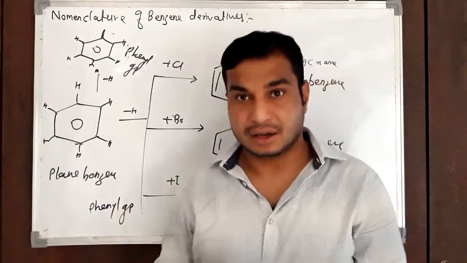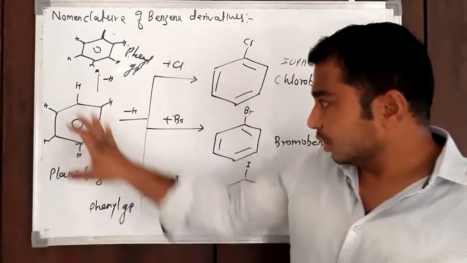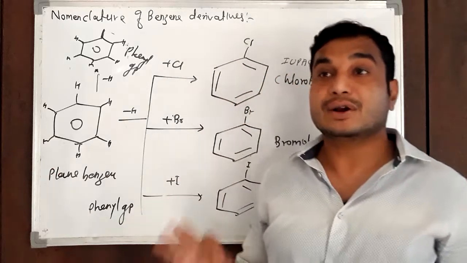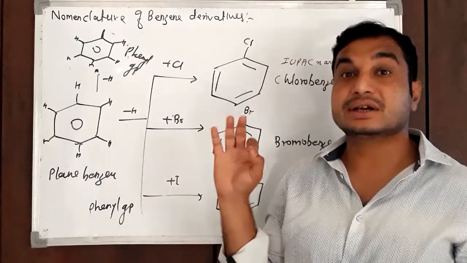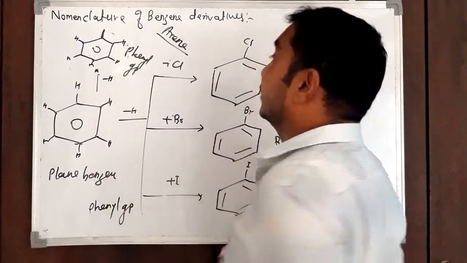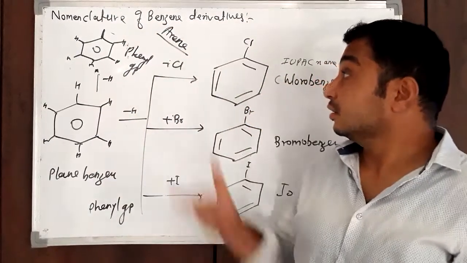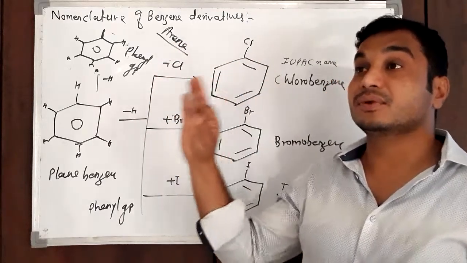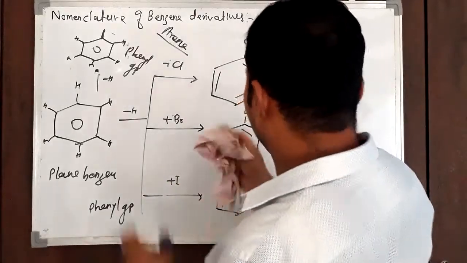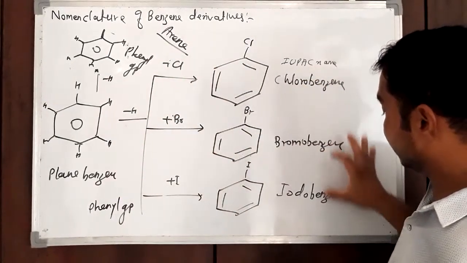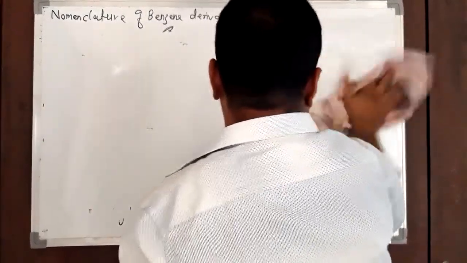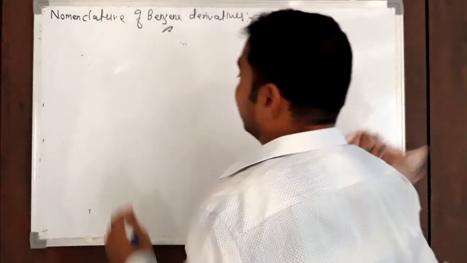And similarly, this is an aromatic compound, one example of an aromatic compound. Any aromatic hydrocarbon is known as an arene, A-R-E-N-E, arenes. And if we remove a hydrogen atom from an arene, then you will get an aryl group. These are the examples: chlorobenzene, bromobenzene, iodobenzene. So all are monosubstituted benzenes. Similarly, many examples are there.